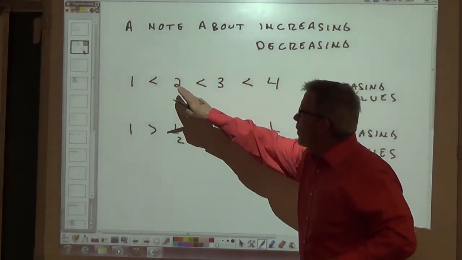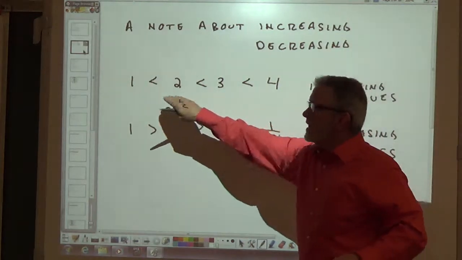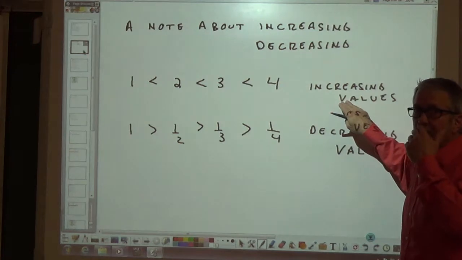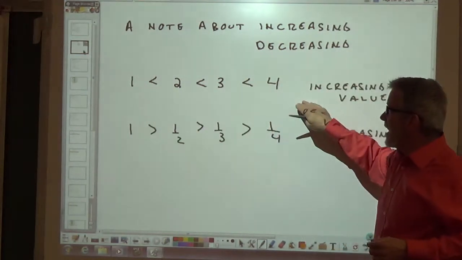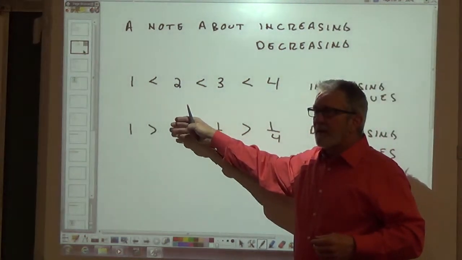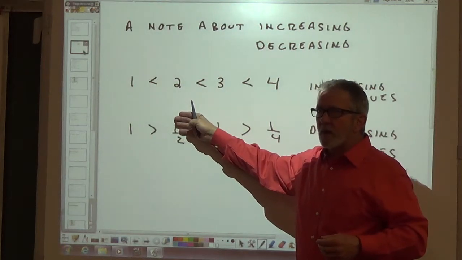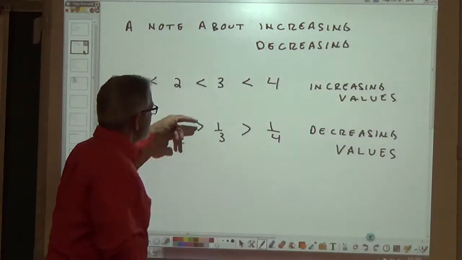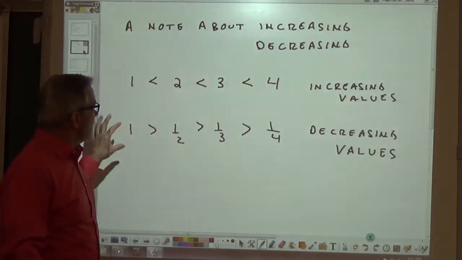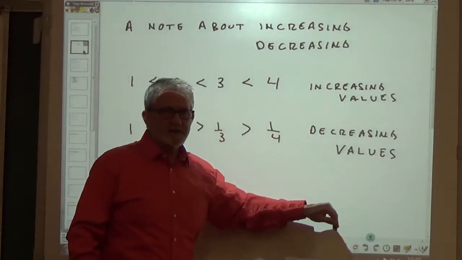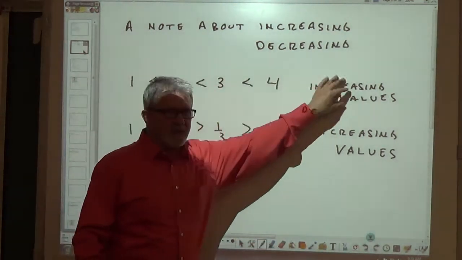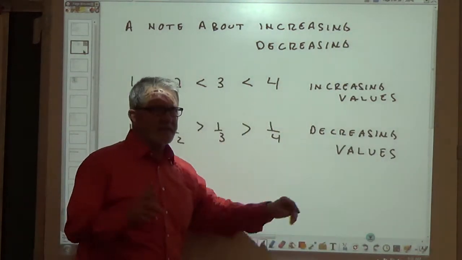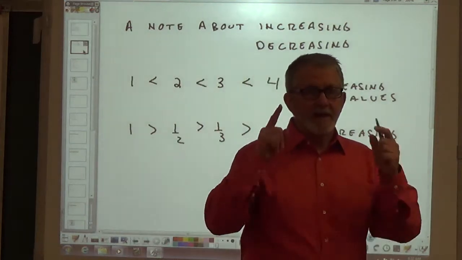Think about this. 1, 2, 3, 4. Those are increasing values. True or false? If I take a set of increasing values and divide 1 by those values, 1 divided by 2, 1 divided by 3, 1 divided by 4, then I have a set of values that are decreasing. So if I have a set of increasing values, 1 divided by those increasing values will give me a set of decreasing values. That's going to help us a lot